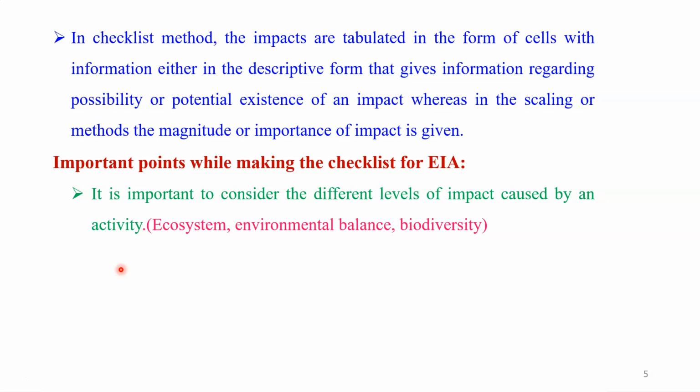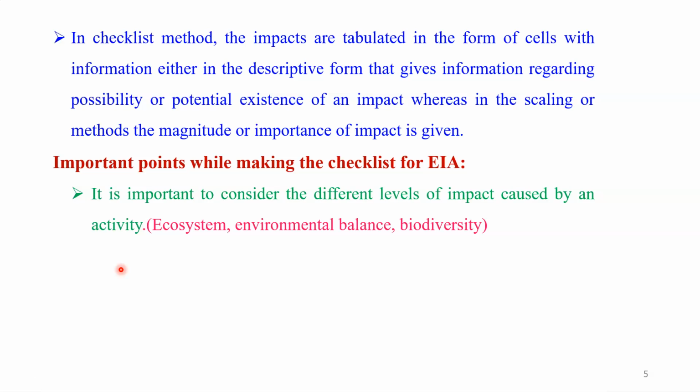And secondary, well, yes. Maybe the number of activities that directly or indirectly depend on that drainage system or the watershed area. So maybe fishing activity might be available in that particular area. So when you are constructing the dam, what will be the impact of the construction of the dam on the fishery activity that is conducted by various people in some part of that area? That will definitely be affected when you construct the dam. So at such a level, you can assess your impact by making the checklist.